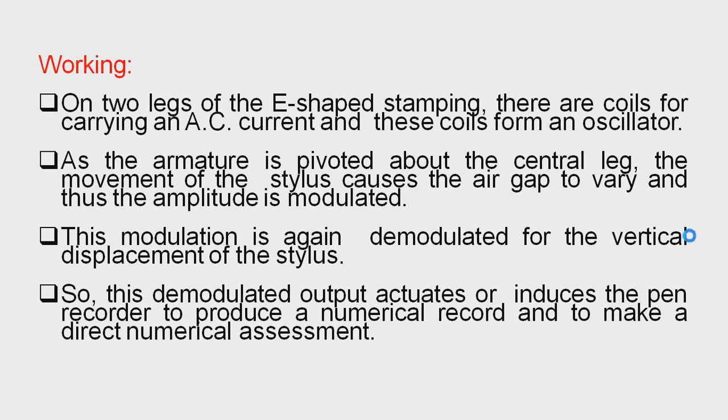On two legs of the E-shaped stamping, there are coils carrying an AC current, and these coils form an oscillator. As the armature is pivoted about the central leg, the movement of the stylus causes the air gap to vary, and thus the amplitude is modulated. This modulated output is again demodulated for the vertical displacement of the stylus. So this demodulated output actuates the